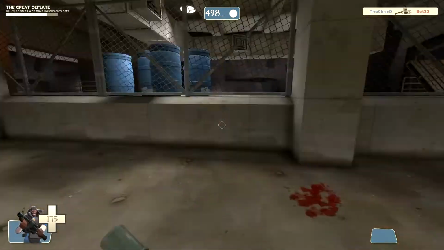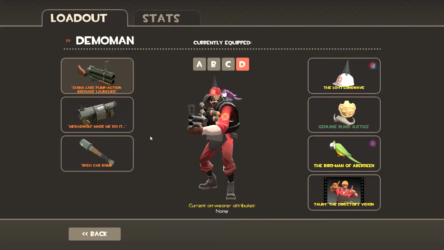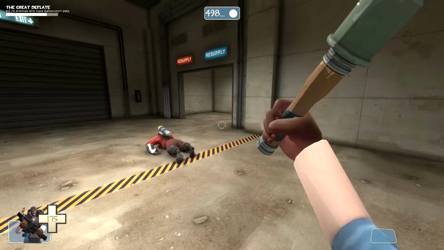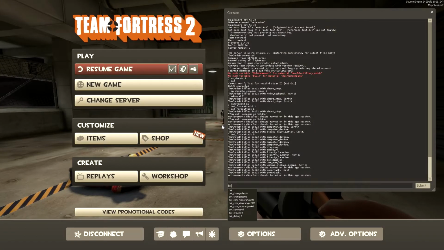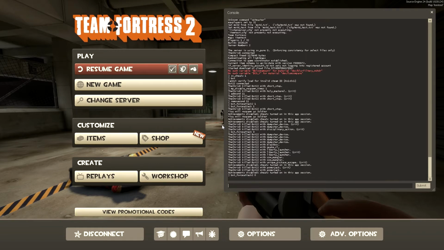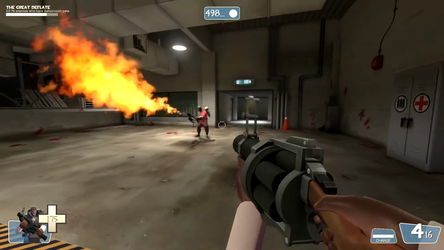Off to demo now. First thing, Expert Ordnance no longer has the 10% fire resistance. That's not really going to stop me. Big thing though, Targe now is immune to Afterburn. Now, this only applies to the standard Targe. This does not apply to the screen. The screen is still vulnerable to Afterburn, but...